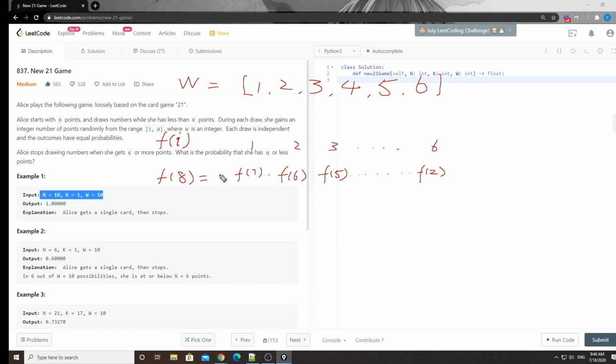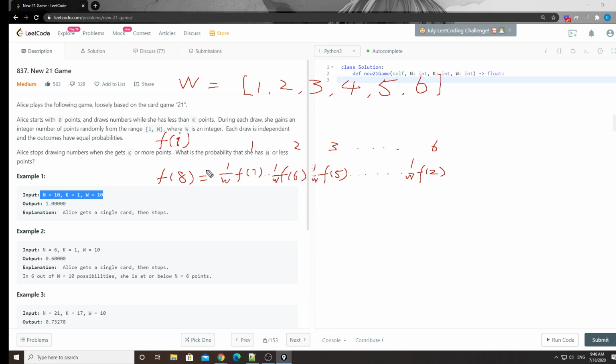Sorry, not W minus 1, what I'm saying is it's 1 divided by W, because the probability of getting each number is independent. And since we have W ways,